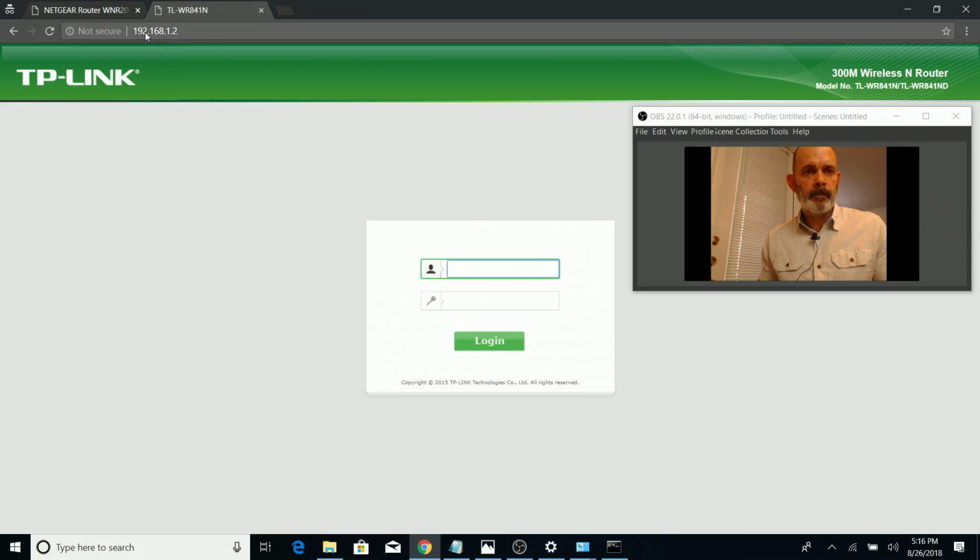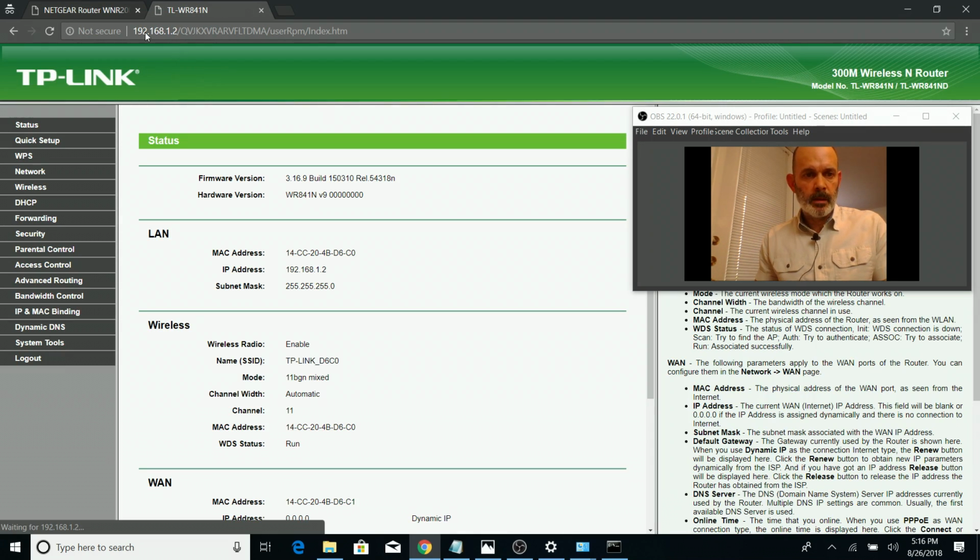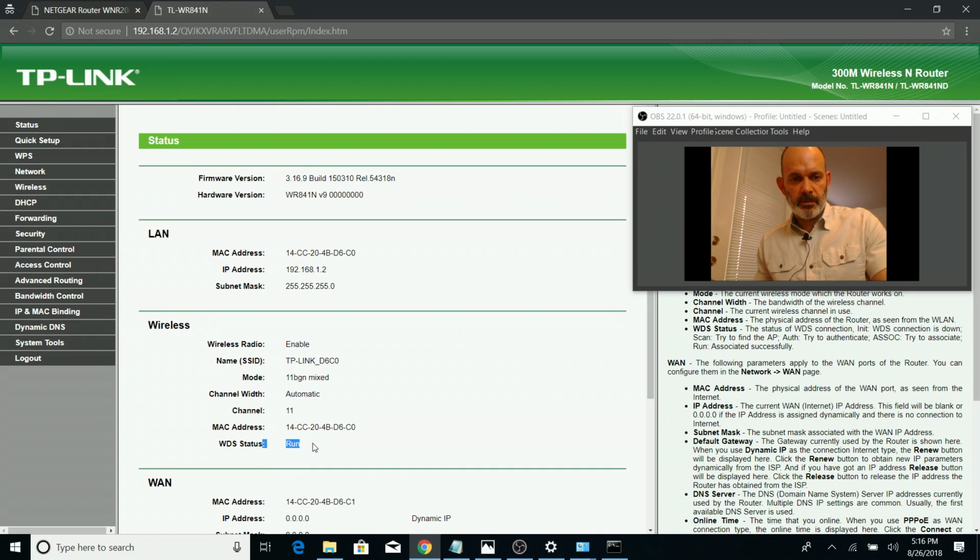192.168.1.2, admin, and you can see WDS status run here. We're done. That's it for my video on how to connect two routers wirelessly using WDS